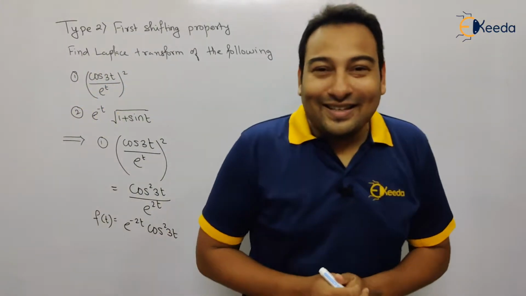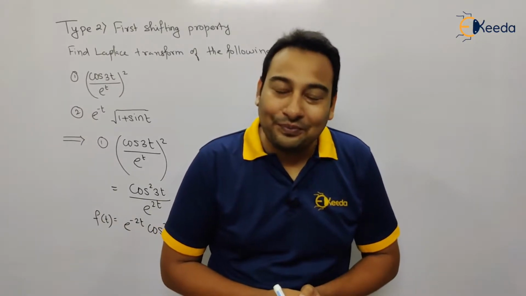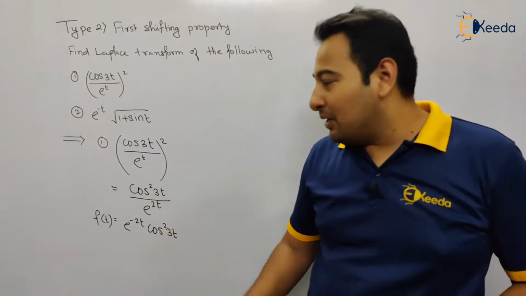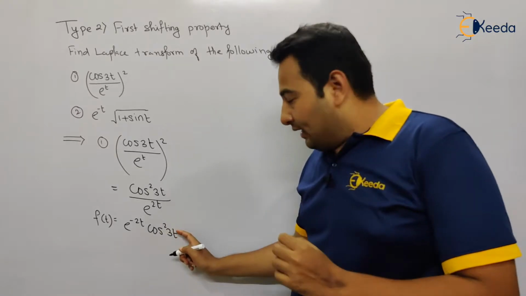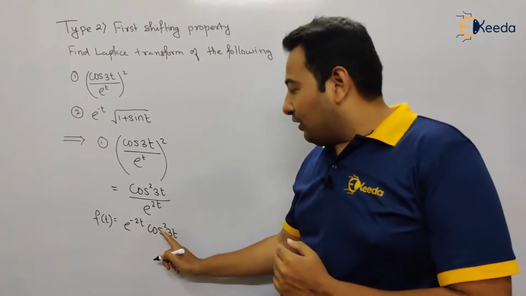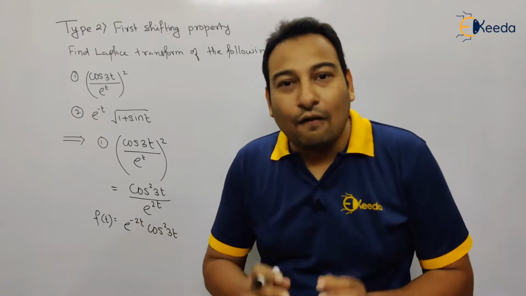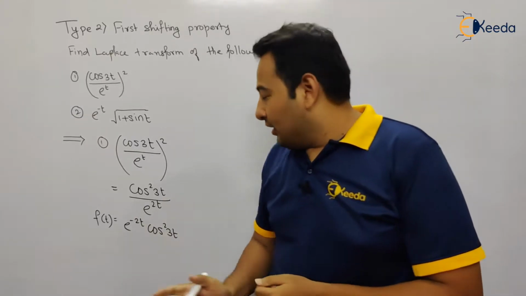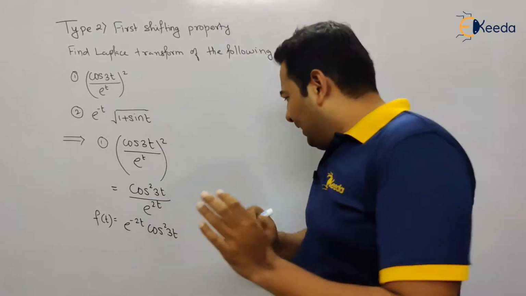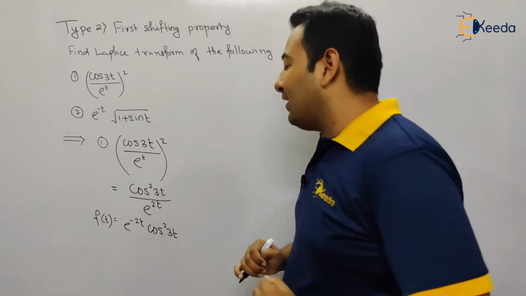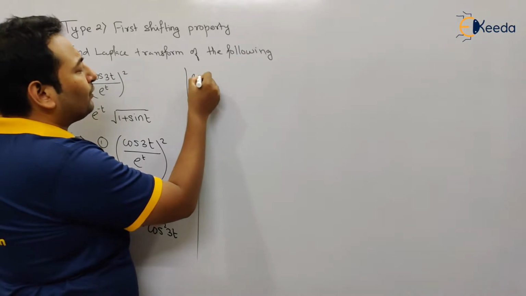Now can you tell me, do you see FSP in this particular problem? Yes. And what is FSP? FSP means with a function we should have an exponential part. So here cos square 3t is a function, and with that we have an exponential part e raised to minus 2t. So what's our technique? Forget about the property. Let's forget about e raised to minus 2t for some time and concentrate on the function cos square 3t.